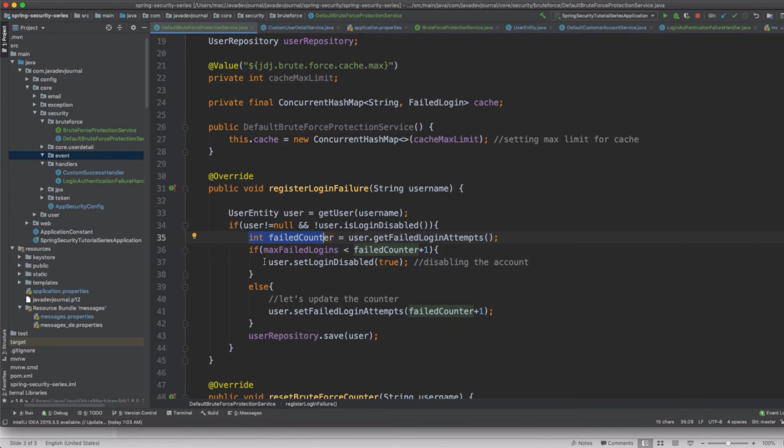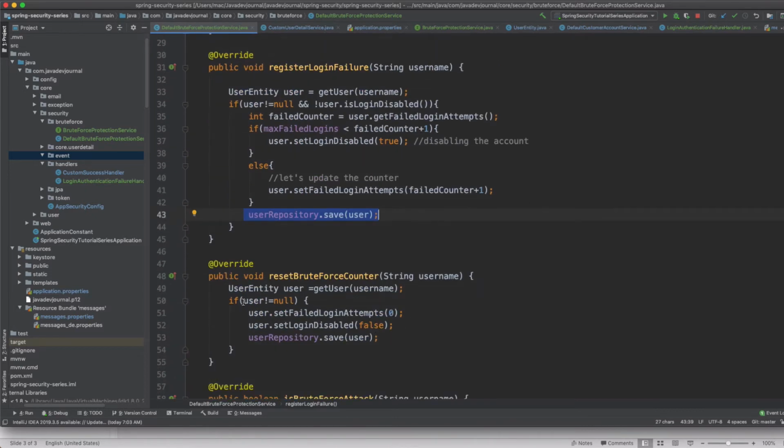If it exceeds the threshold, we disable the account. Otherwise, we simply increment the counter and update the user in our database. Simple enough, straightforward. All right. And then for the user entity, this is the reset brute force attack for a successful login, where we want to reset it.